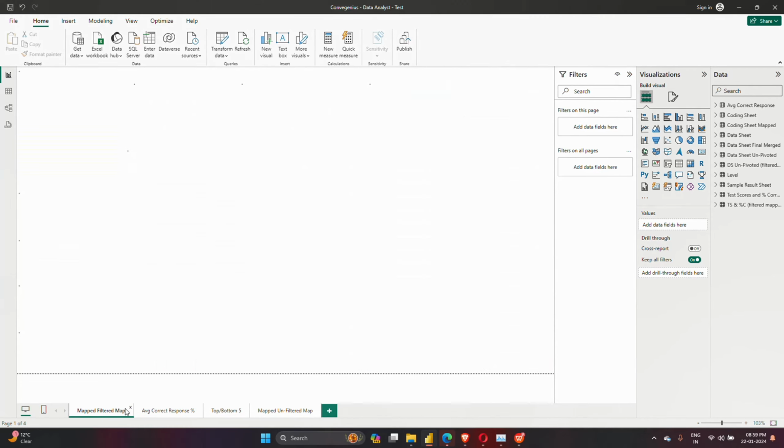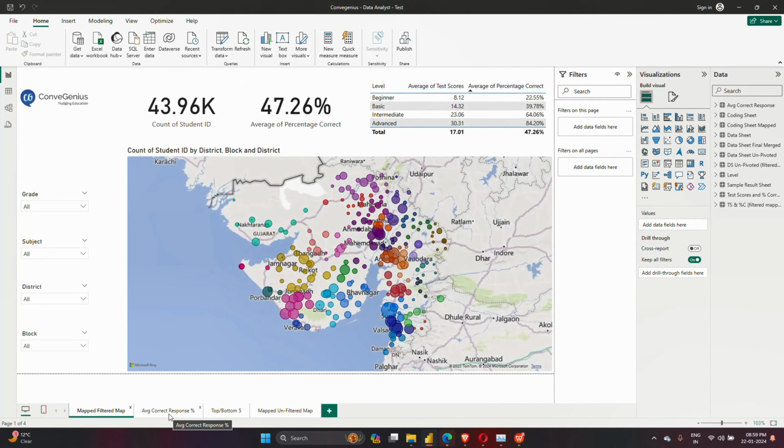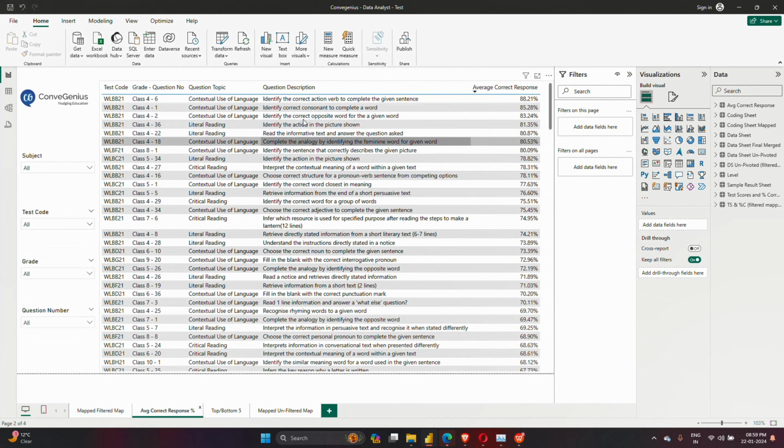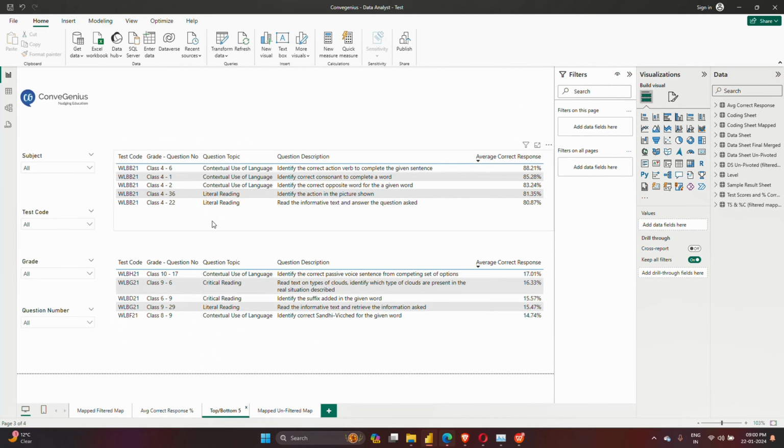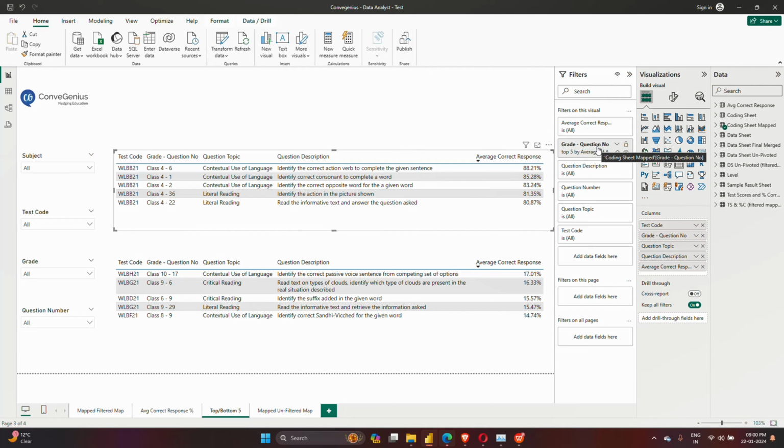Okay, now back to the map unfiltered. Then our second requirement was to get the per grade question. We have to check the correct response. So this question from class 4, question number 6, had the maximum correct response, and similarly we can calculate the minimum as well, for which I have taken the next sheet, that is the bottom 5 and the top 5 questions, grade, question number. I have just given the average of the correct response as a filter, and I got the top 5 and